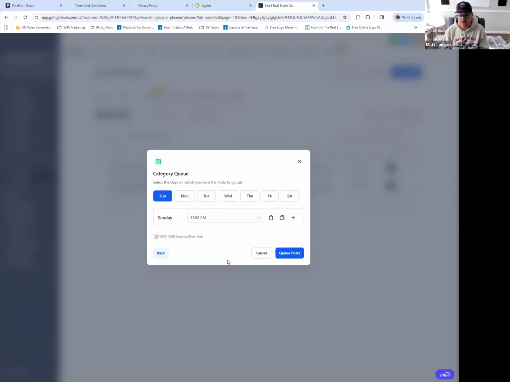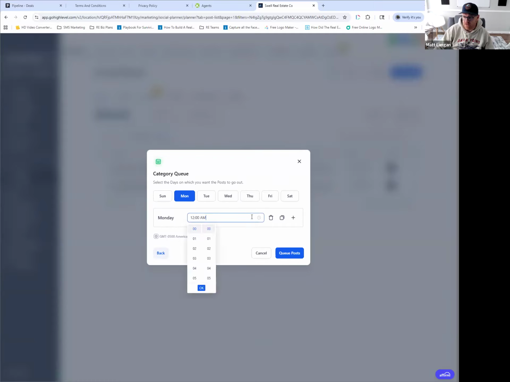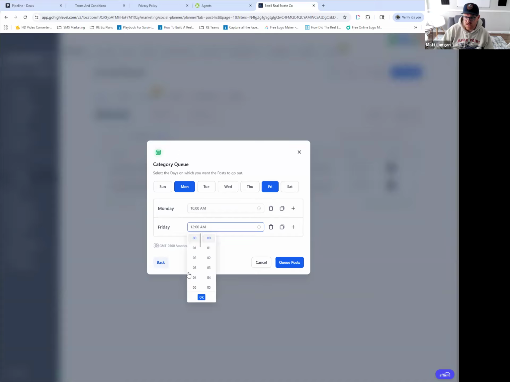I know Rain spits something out. I see a lot of agents use that Rain data that comes out, and you can post that on your social media. But whatever that category is, you can designate Facebook, the social planner, to post that type of category of all your posts to go out on a recurring time. Let's say every Monday, and I'm going to go for a good time again, let's say 10 a.m. Every Monday at 10 a.m. And then, I don't know, Friday at